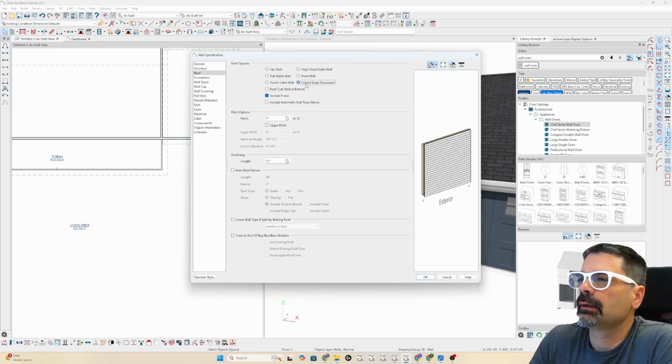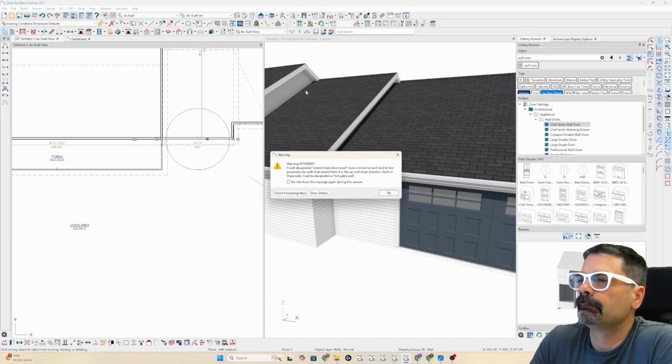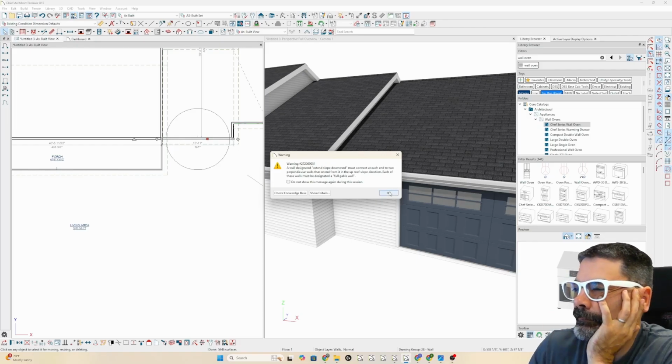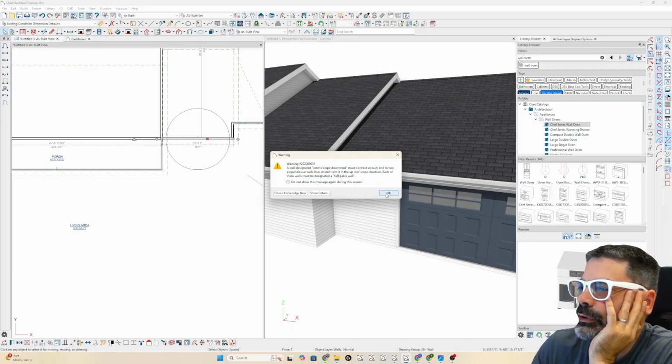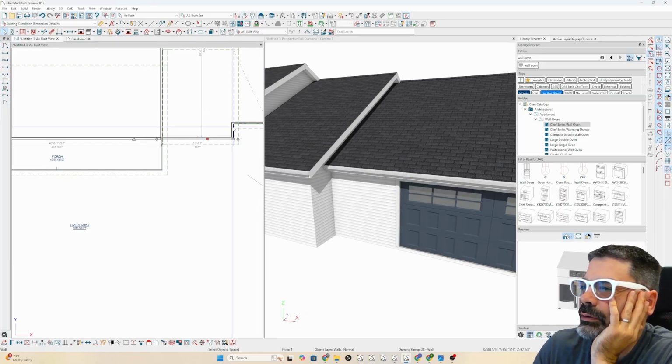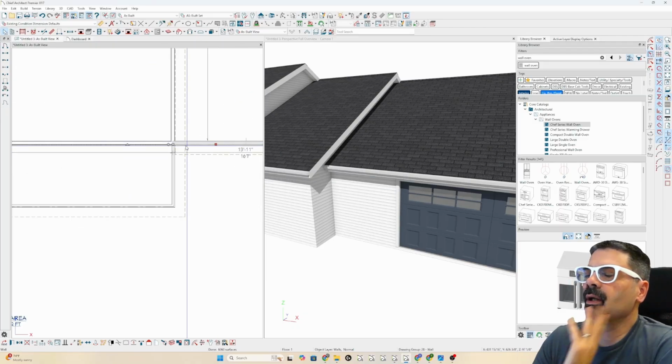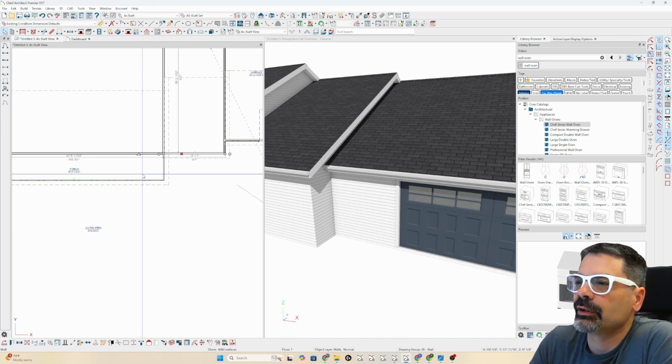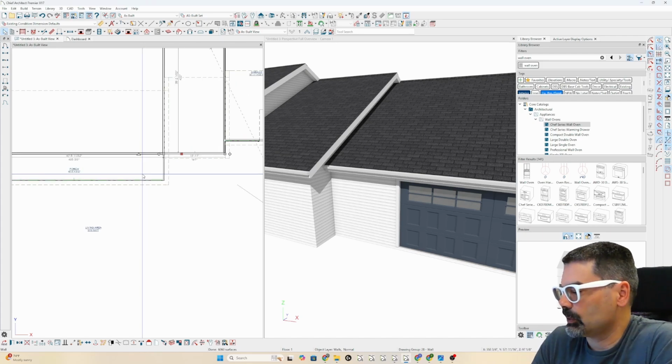It is extended slope downward. Must connect at each end to two perpendicular walls that extend from it in the up roof slope direction. Each of these walls must be designated a full gable wall. Well, I don't know how to quite get that one to do it, so we're going to just do the manual